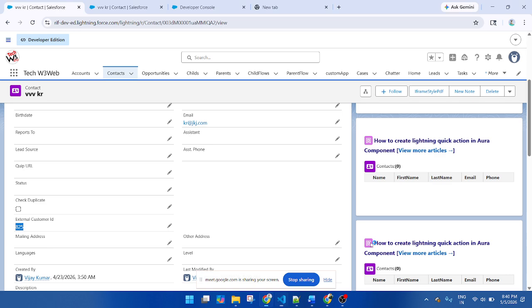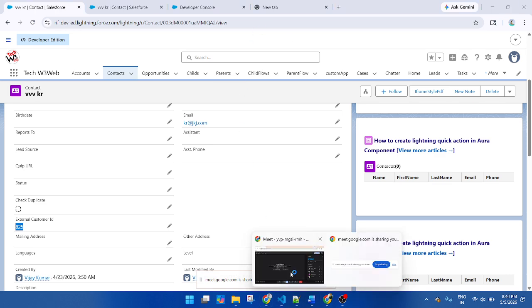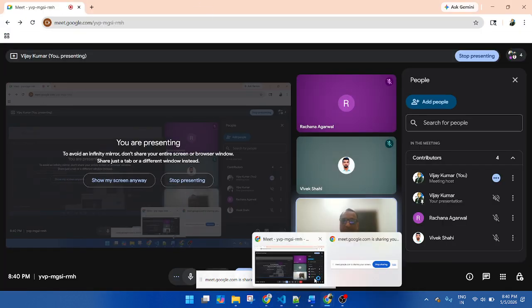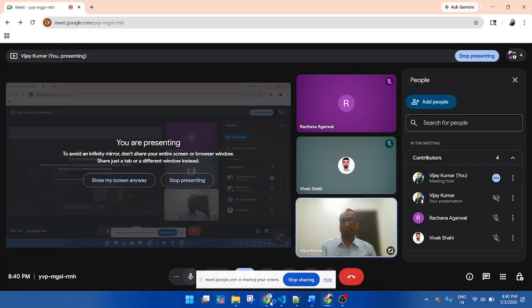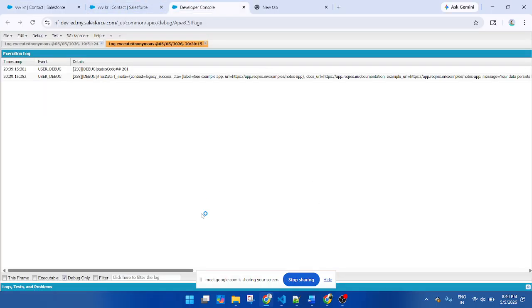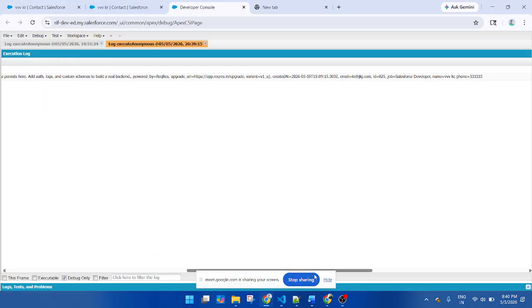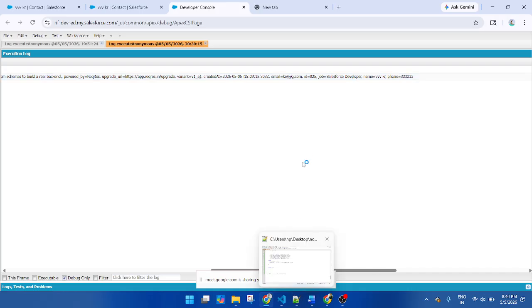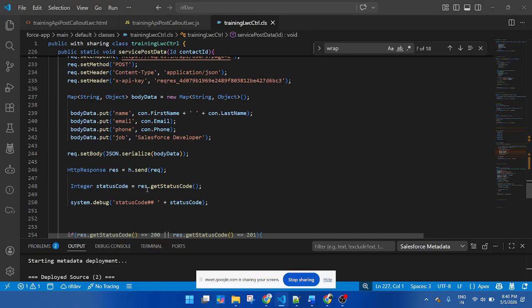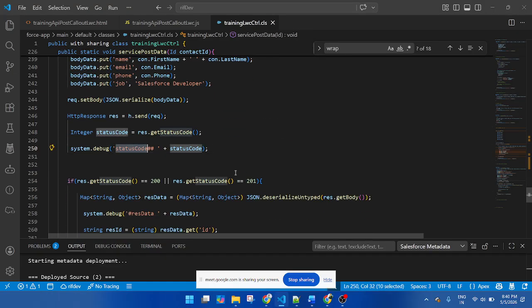Here you can also check. Actually the data is too long, but if you want to check the status that I am returning currently, here you can check the status code, system status code.